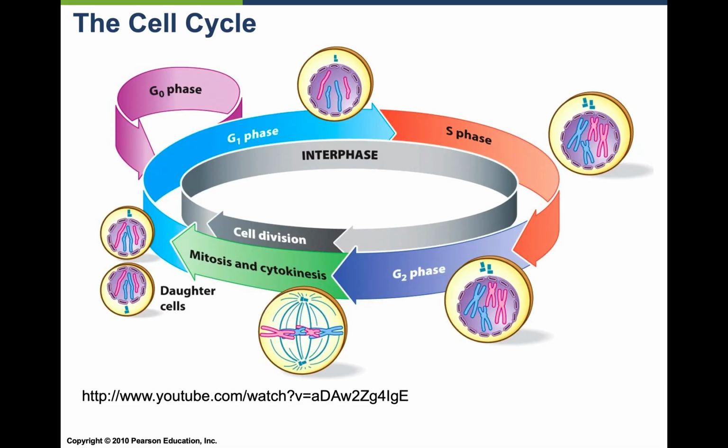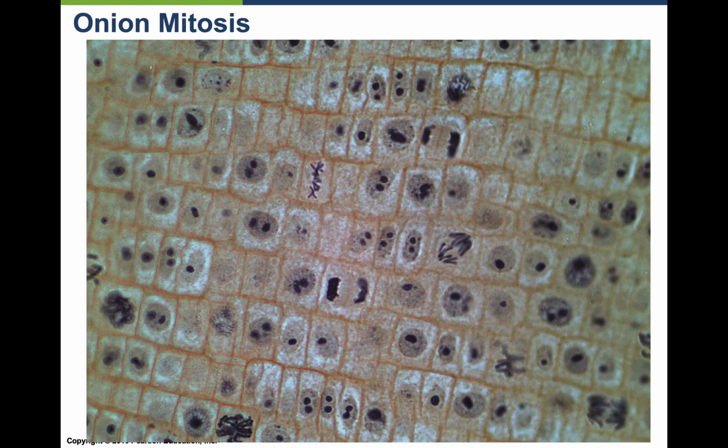We're going to do another lecture today. We're going to continue on with a little bit more about cancer and then meiosis. So last time we left off, we were talking about the different phases. We have interphase, we can start with G0, G1, S phase, and G2, and then mitosis and cytokinesis. And this is kind of the layout and proportionally how much time a cell spends in each one of the phases.